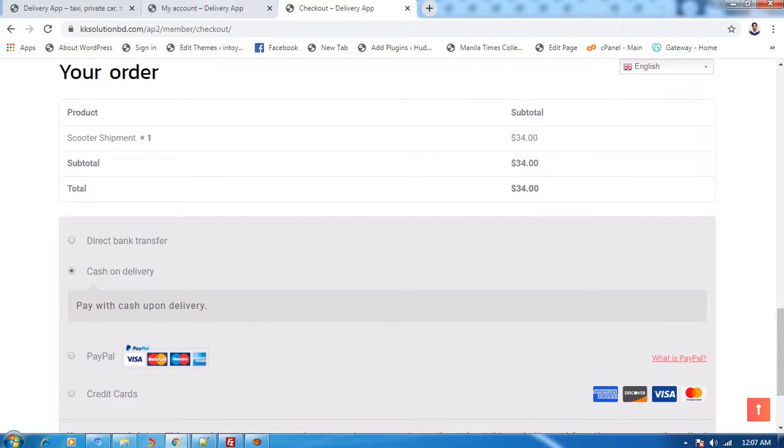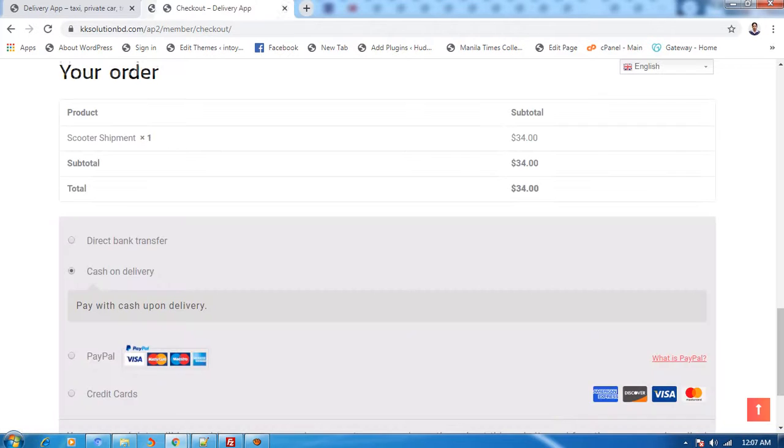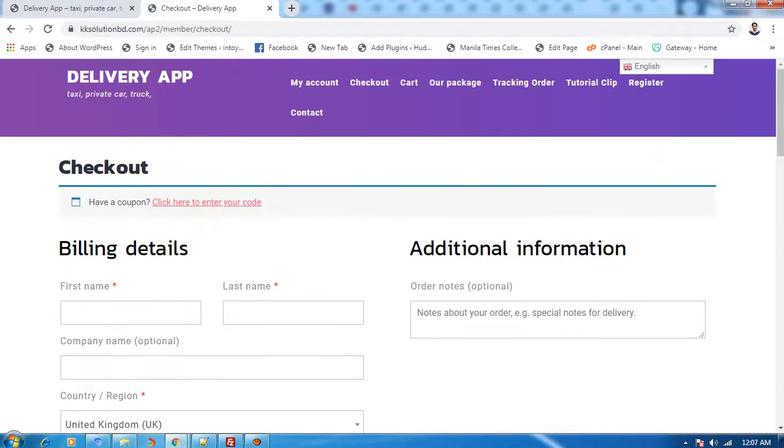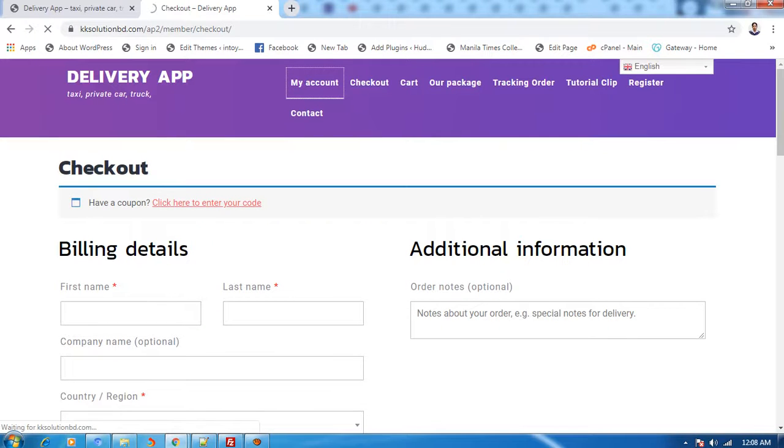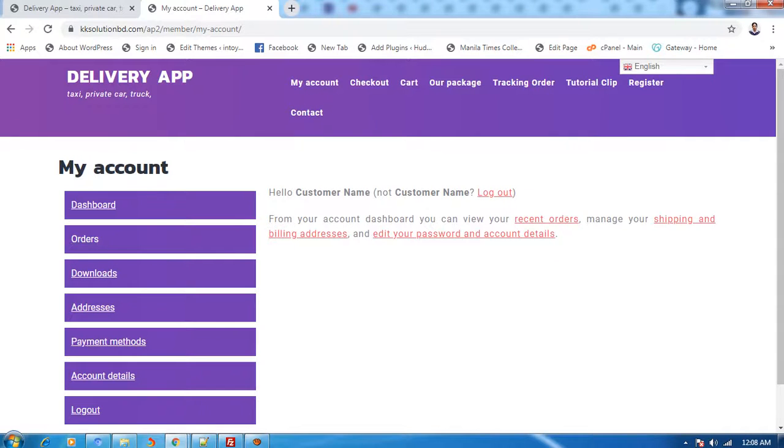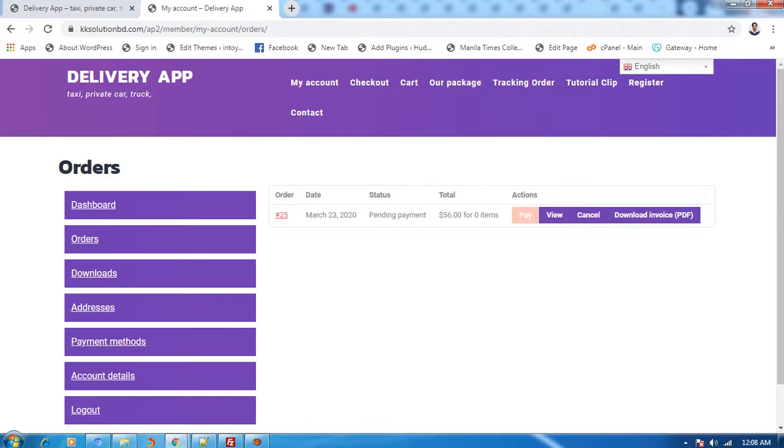When you get the order, then click my account. After you see the order, this order you can pay.